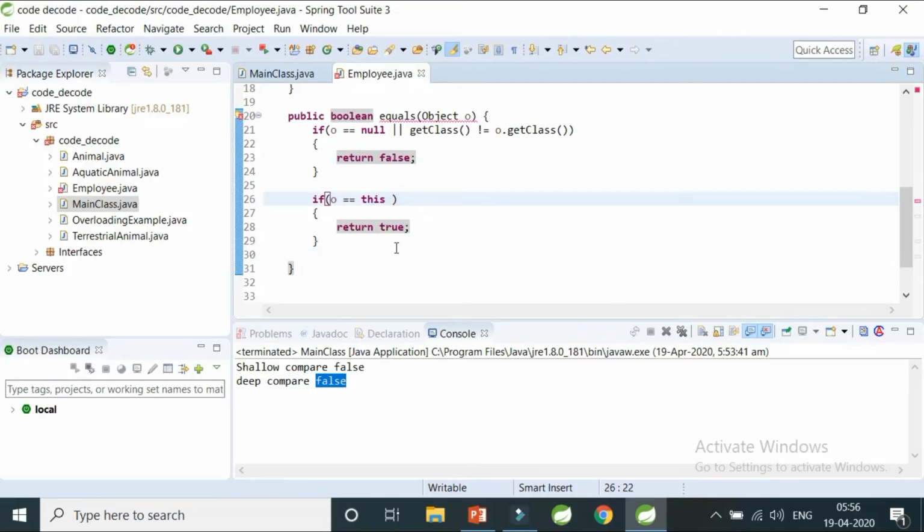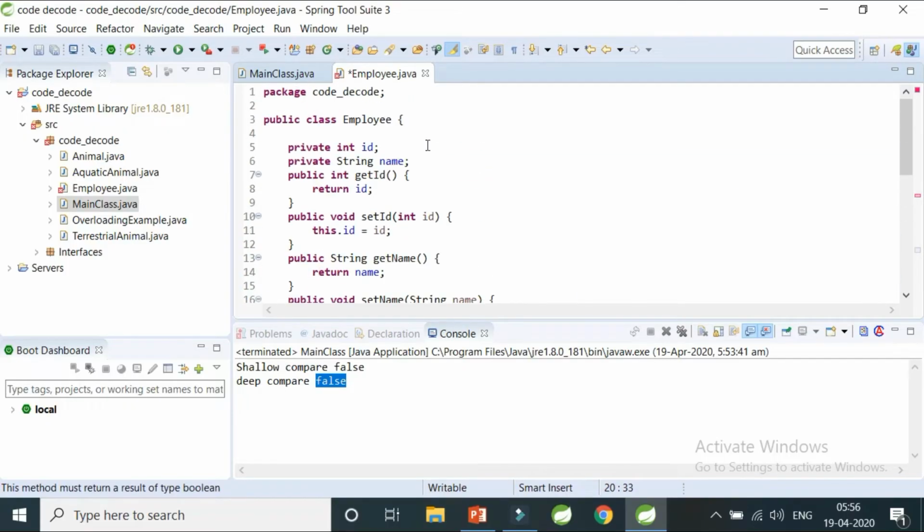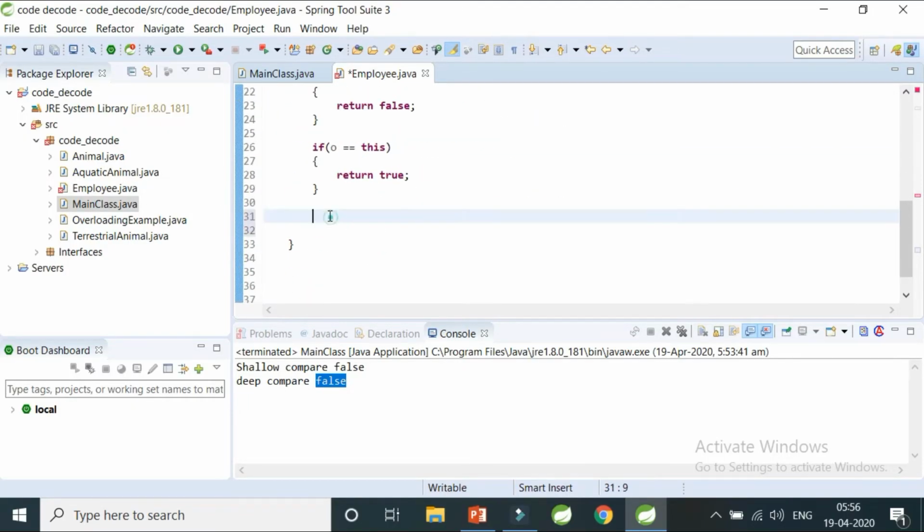If the memory addresses of both the objects are the same, that means physically they are the same, so logically they will for sure be the same. So these two conditions are handled, and now this is the real condition. First I have an object of O type, right? I have to make sure that it is being typecast properly. So I'm going to create an object e, which is nothing but a typecast of object o. Correct? Now I have an object e. Now I'm going to return what? This is written in a single line. Fine, understand this.